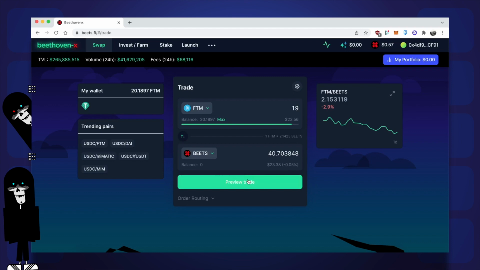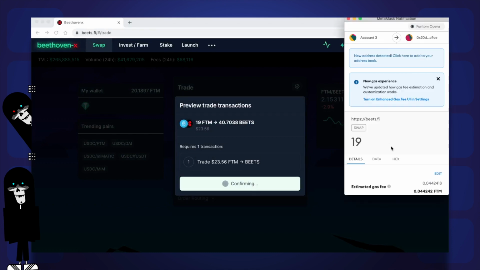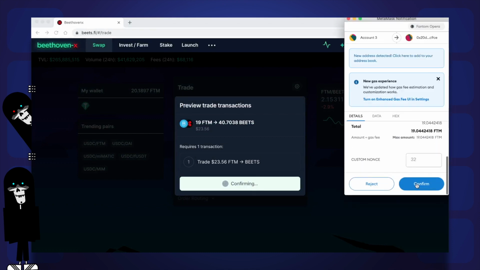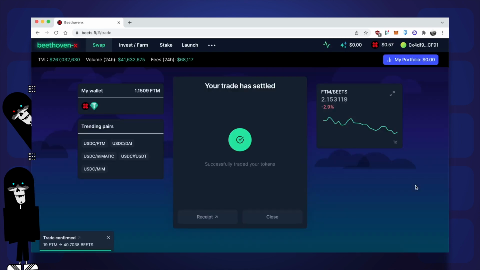Okay, let's do the actual trade. When you're ready, click on Preview Trade. We'll show you a preview. Click on Confirm Trade. All the typical MetaMask things will pop up and you just want to click on Confirm. Give it some time for the transaction to execute, and when it's done, you'll get this screen saying your trade